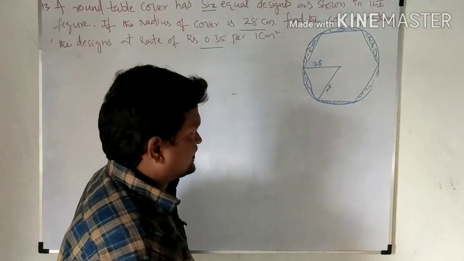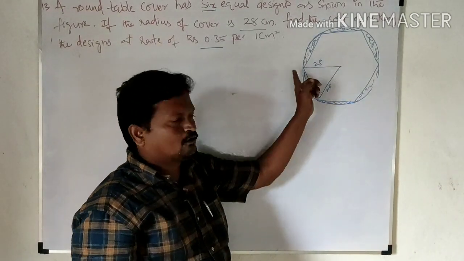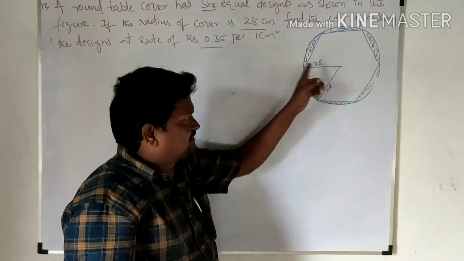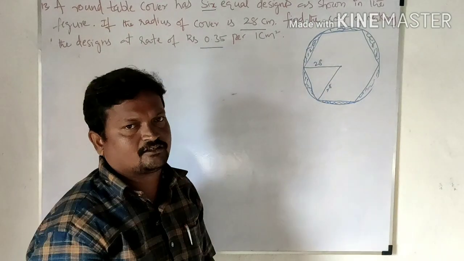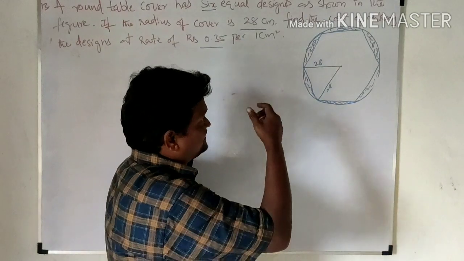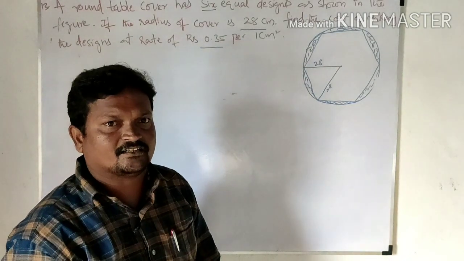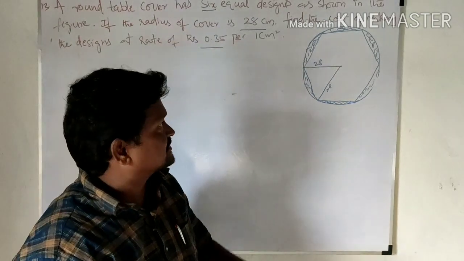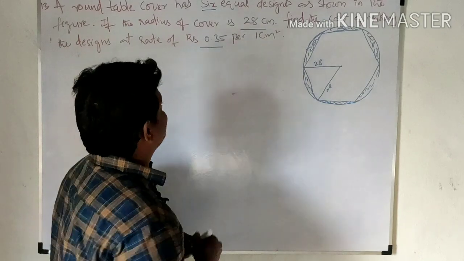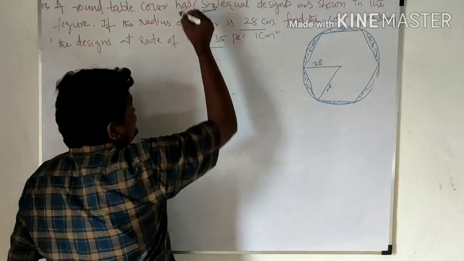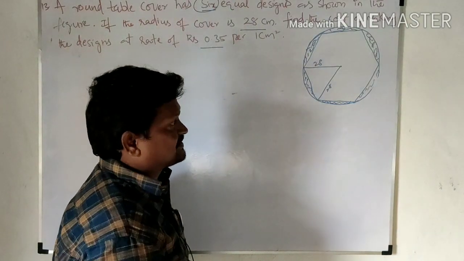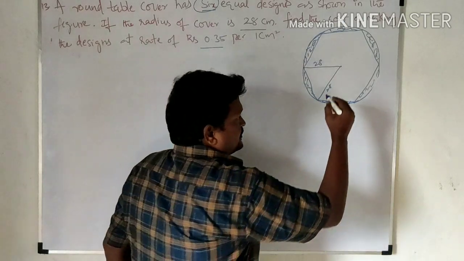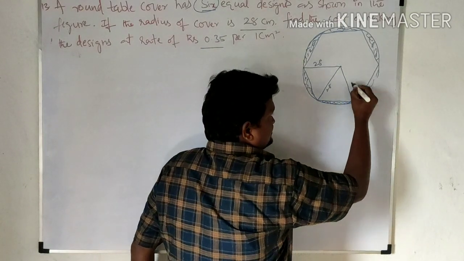First let us find the area of the sector. To find it we need the angle, but nothing is given about the angle in the question. Here it is given that there are 6 designs. If we join like this,